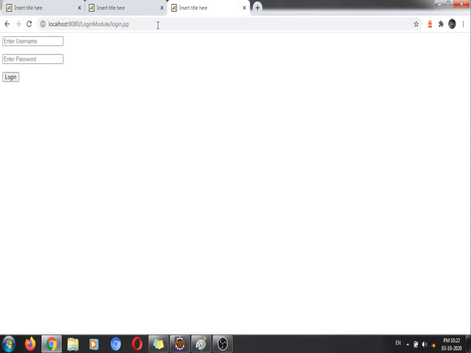It means if the user has not signed in, at that time he is not able to access any intermediate page. Fine. So let's say now I am going to use servlet as a username and I'll pass the password. Now here we got it, and now I'll log out. Fine. Now we got that one.